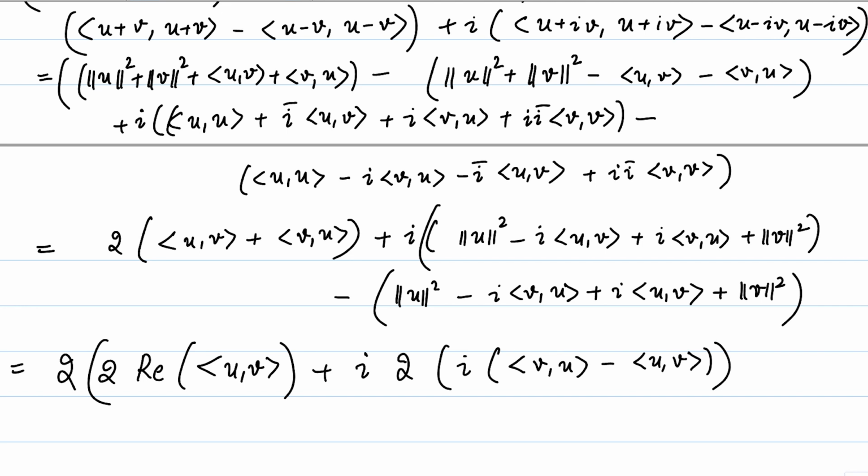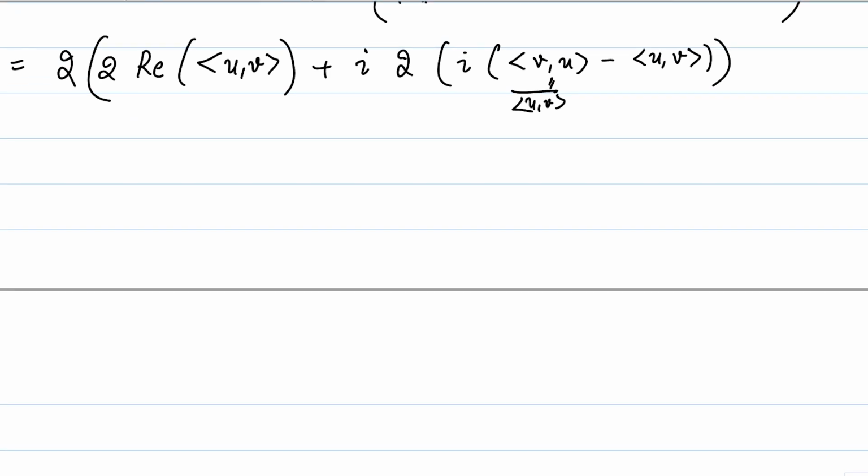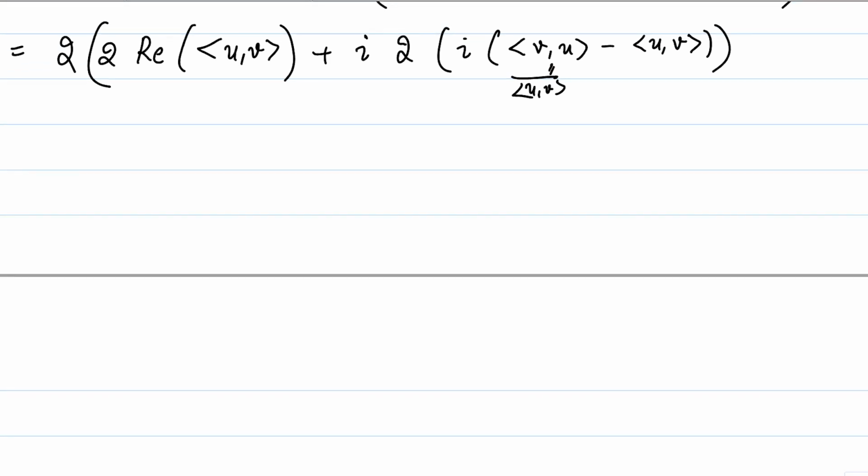Okay, so that is good. Notice that this is just u comma v bar, the conjugate of v comma u. And what will happen if you subtract the conjugate from something? What you get is, so let me write it down, this is 4 times the real part of the inner product of u comma v